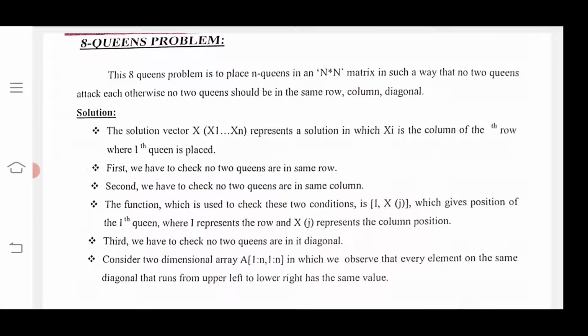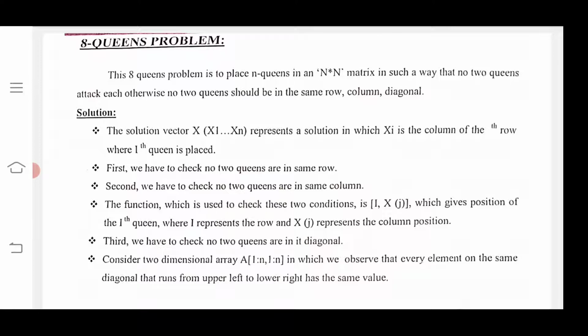Third, we have to check that no two queens are on the same diagonal. The conditions same row, same column, same diagonal: no two queens attack each other. That is the main condition of the 8 queens problem.